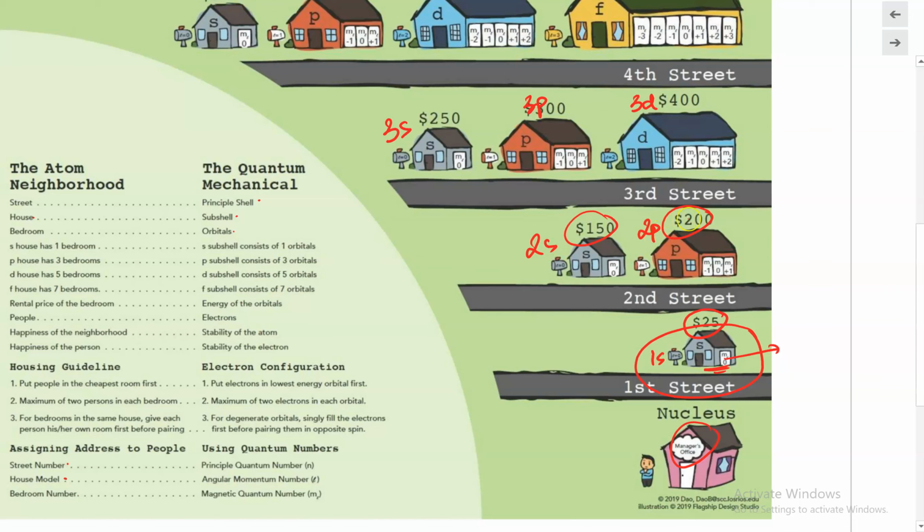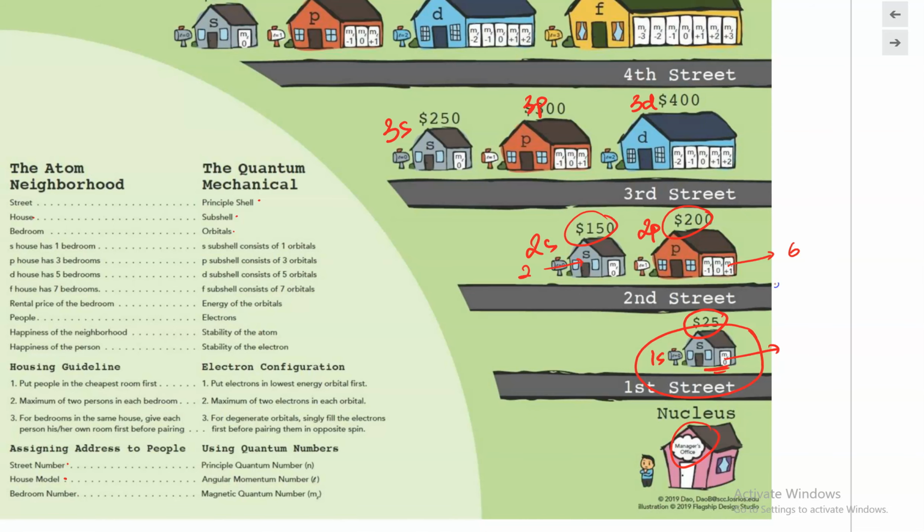Now the P house here consists of 3 bedrooms in them, so technically speaking we can accommodate up to a maximum of 6 people on this P house. Okay, and again 2 people here on this 2S house. So technically speaking, the houses on the second street can accommodate up to 8 people, and that's important right there, because we need to be able to keep track and figure out how many electrons can be accommodated in each